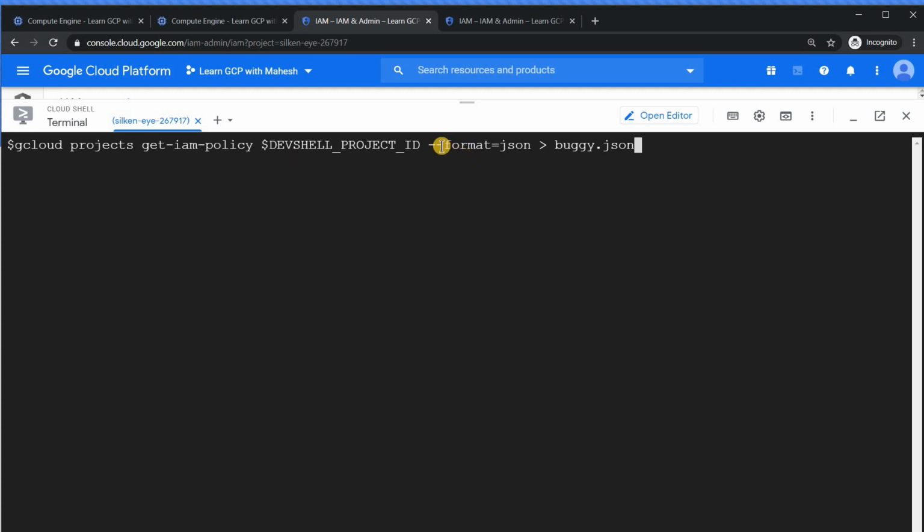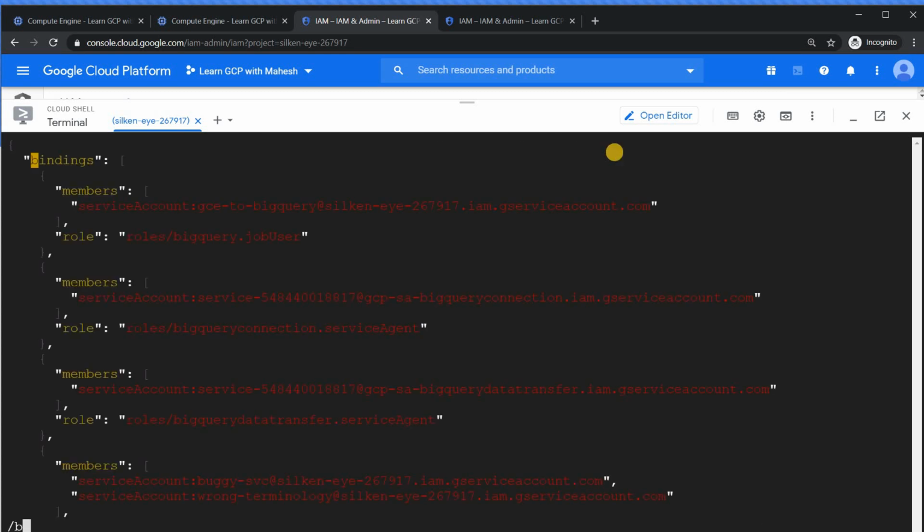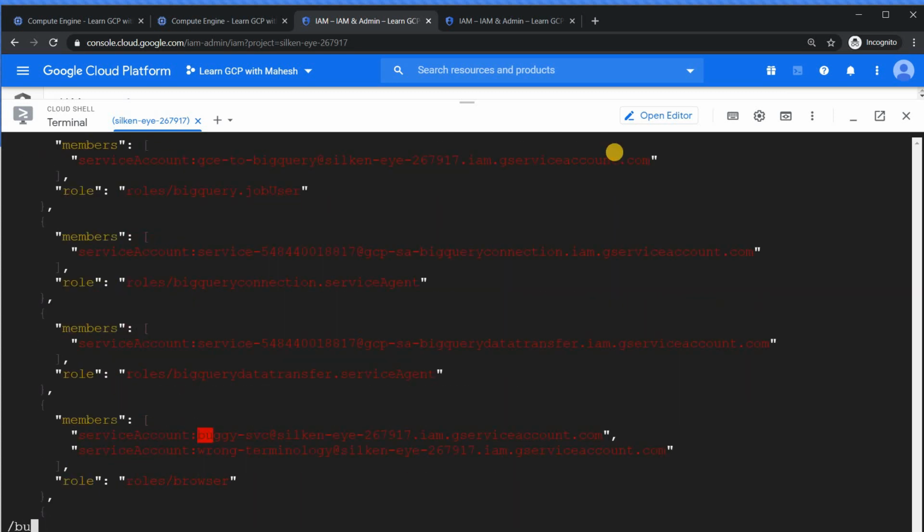I'm getting the output in JSON format, redirected to a JSON file. Let's see what is in that buggy.json file. If I search for buggy, you see that both the service accounts with the browser role are still there, which is seriously a bug.